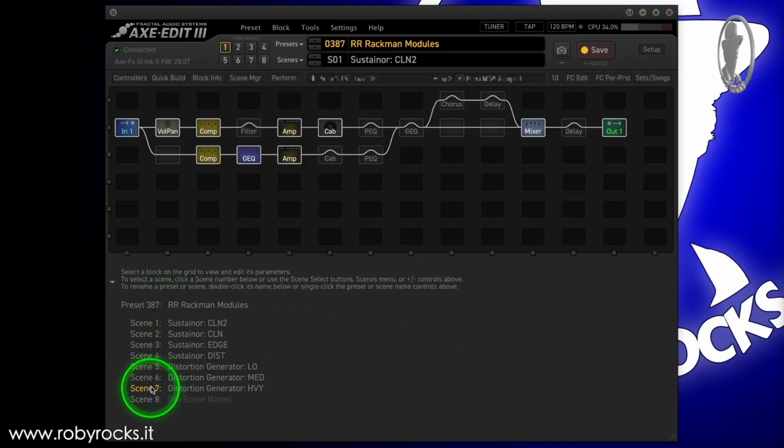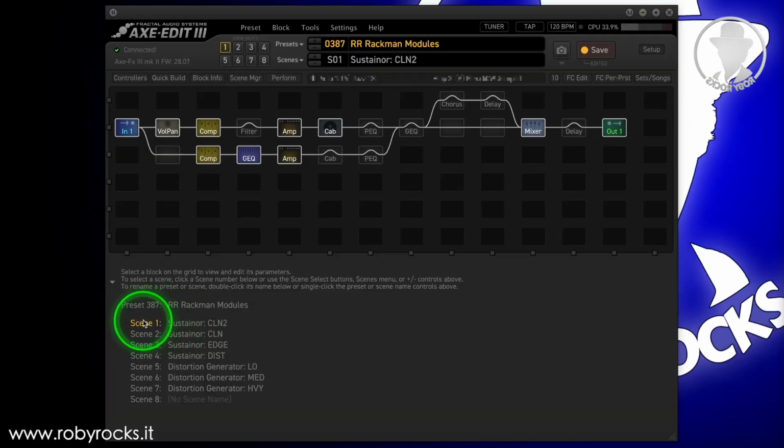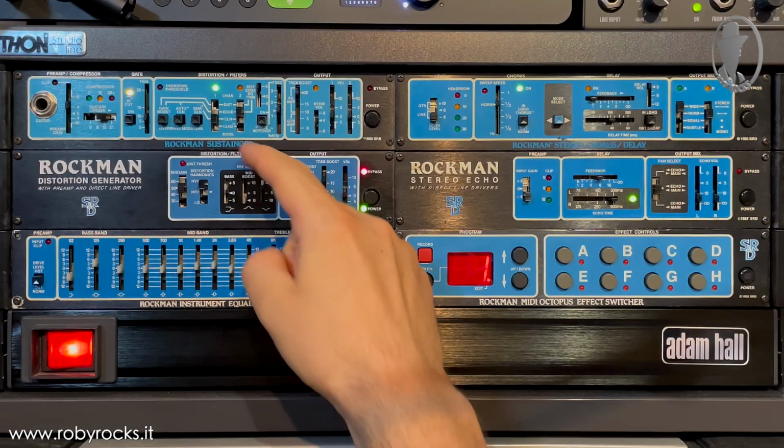There are 7 scenes and the first 4 recall the 4 channels present in the Rockman Sustainer. So, there's the Clean 2 channel.